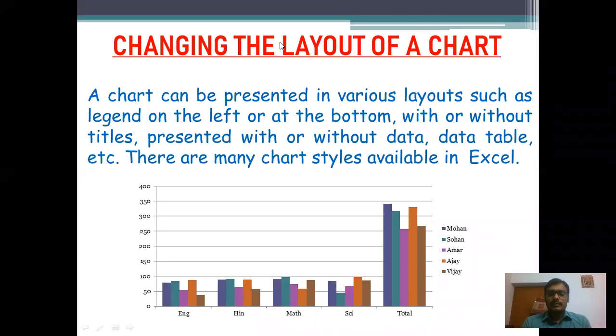I'm going to switch on the Excel screen, and you will understand about the chart in an easy manner.